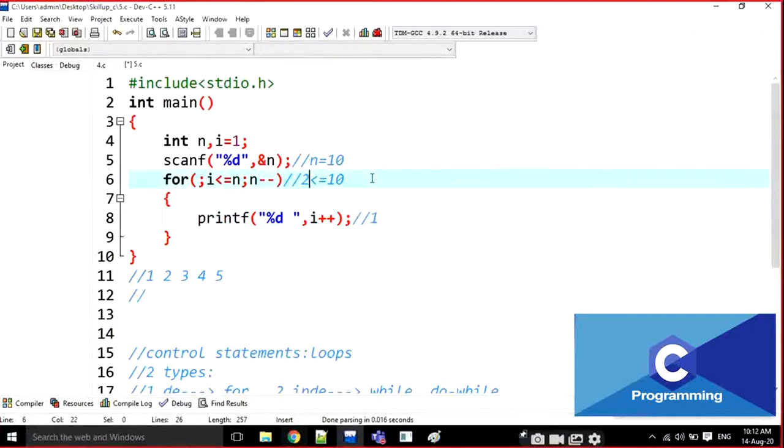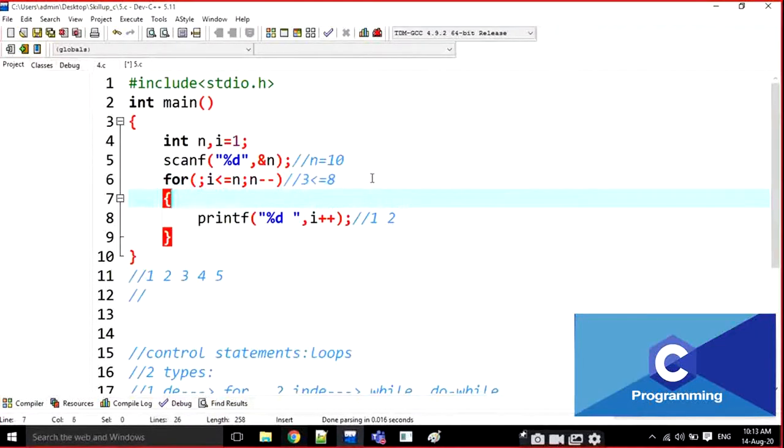Then I becomes 2 and n becomes 9. 2 is less than or equal to 9, true. It prints 2, and I becomes 3 and n becomes 8. 3 is less than or equal to 8, yes, it is also true.